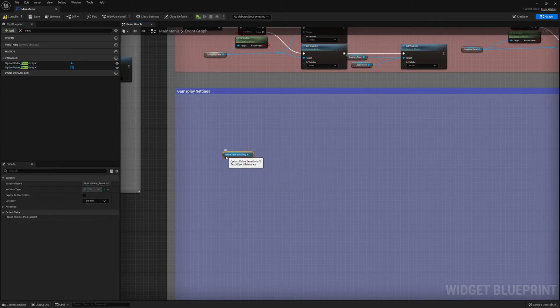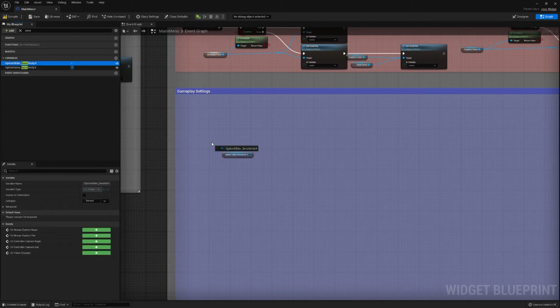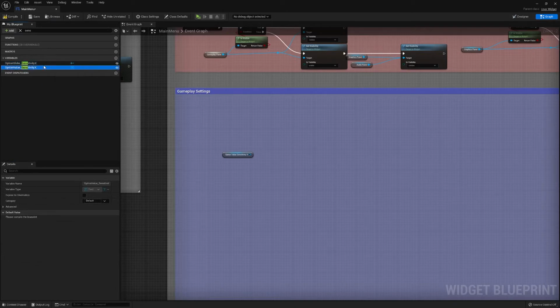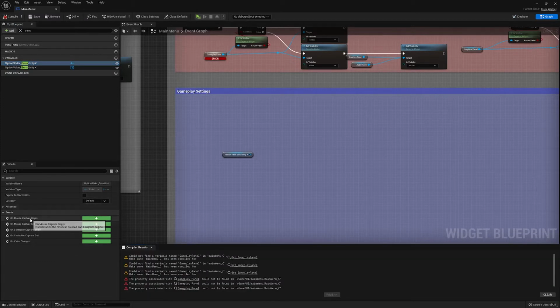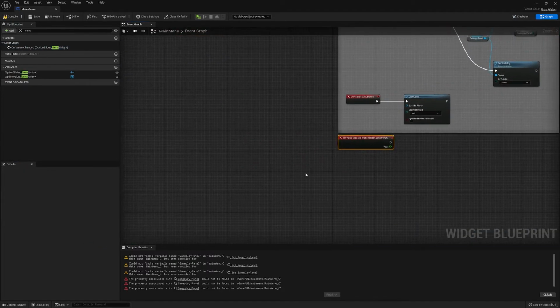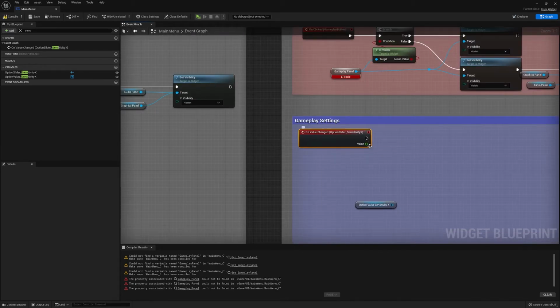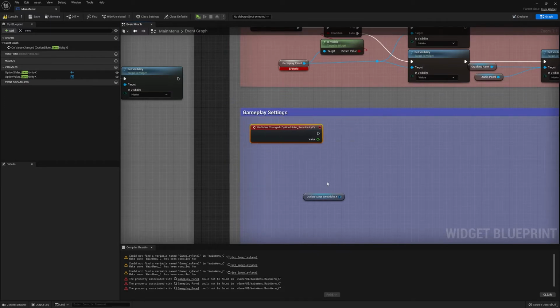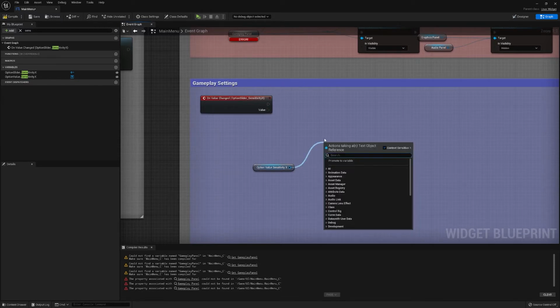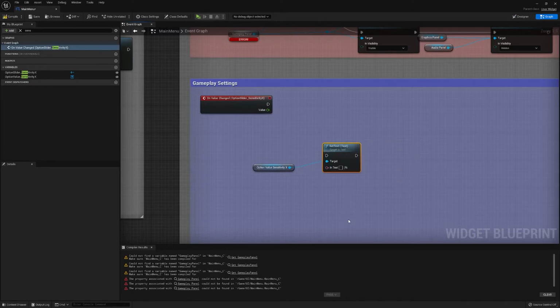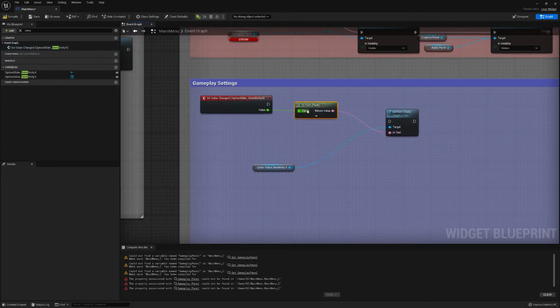So we want to get our value and our slider. Although with our slider actually we want on value change, there it is. And so now whenever we change our slider, it will call this event. So first, because it's the only option we have, type in and set text. And if we plug this into the set text,